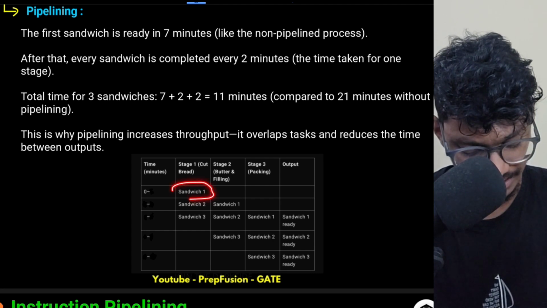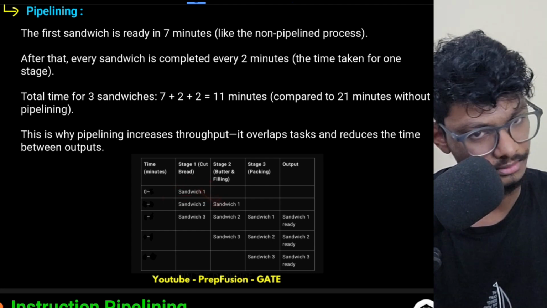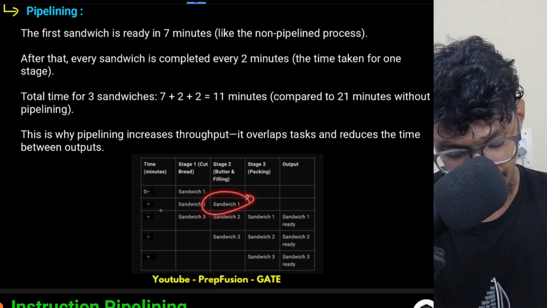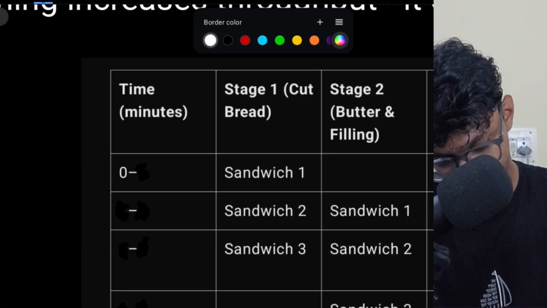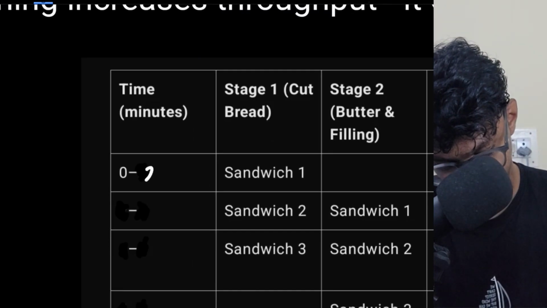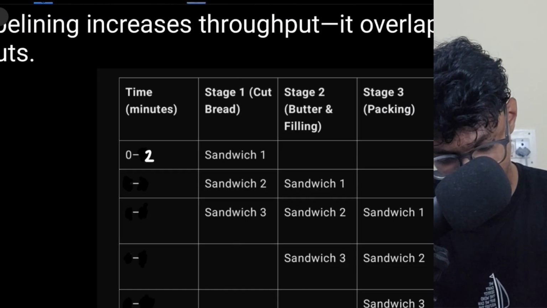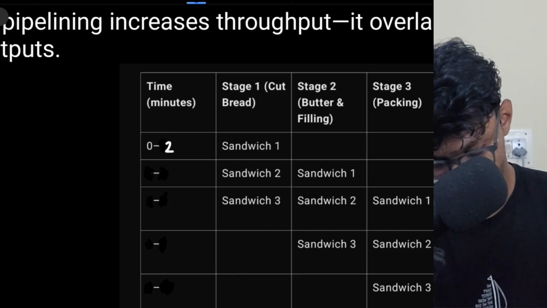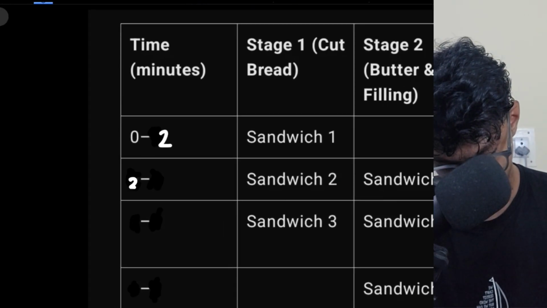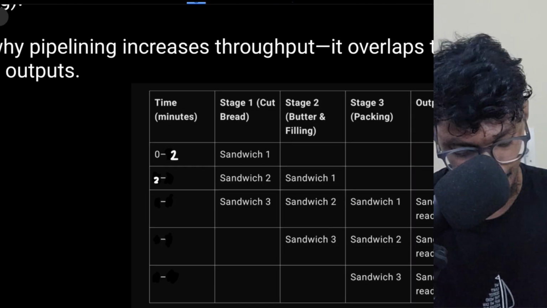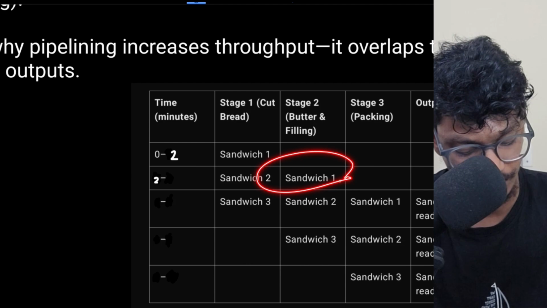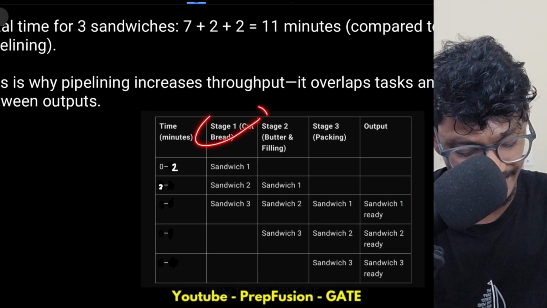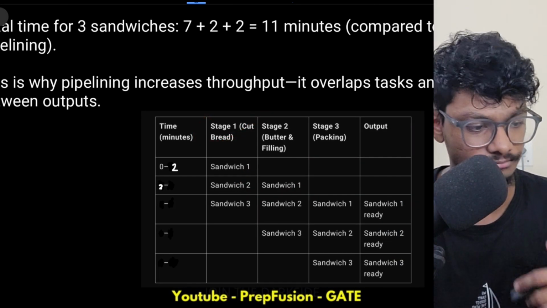I told you, right? Person A has cut the bread and he has sent it to person B. So person B currently, this is from minute 0 to 2, and person B from minute 2 to some other minute. Person B is doing what? Person B is applying filling to sandwich 1, but simultaneously person A right now is free,